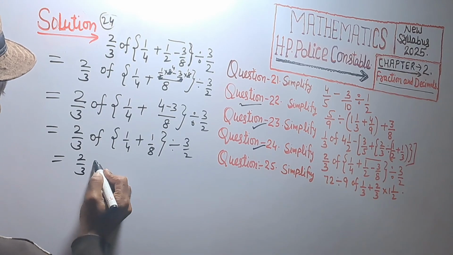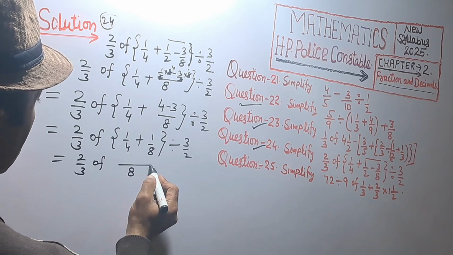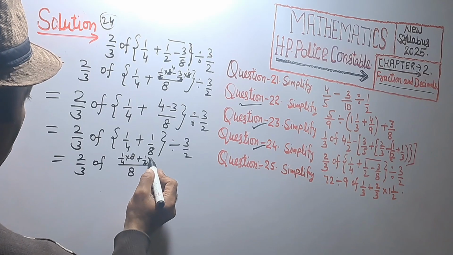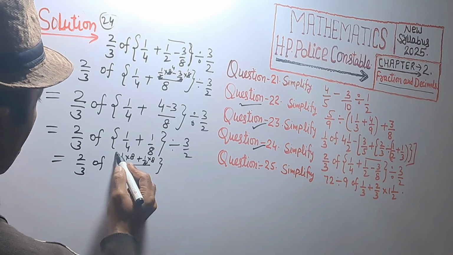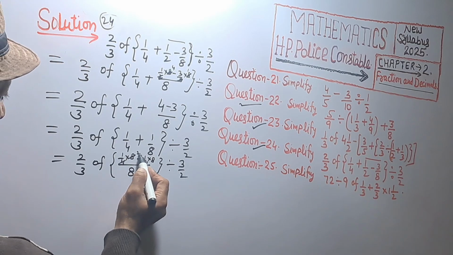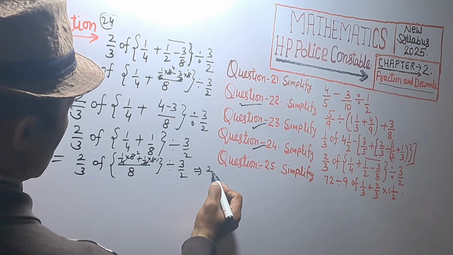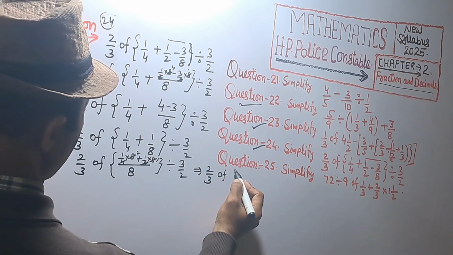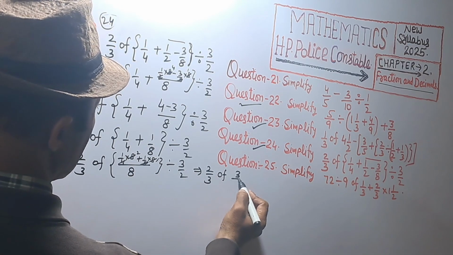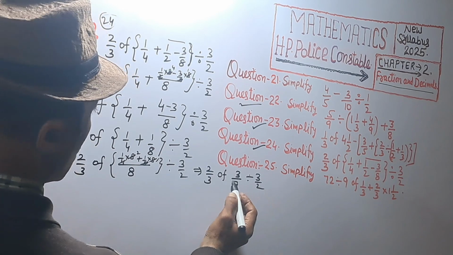So 2 upon 3 of, LCM is 8, and 1 upon 4 multiplied by 8 plus 1 upon 8 multiplied by 8, divided by 3 upon 2. This is cancelled by 2 and this is cancelled by 1, which implies in next step 2 upon 3 of 2 1s are 2 plus 1, that is equal to 3. 3 upon 8 divided by 3 upon 2 of